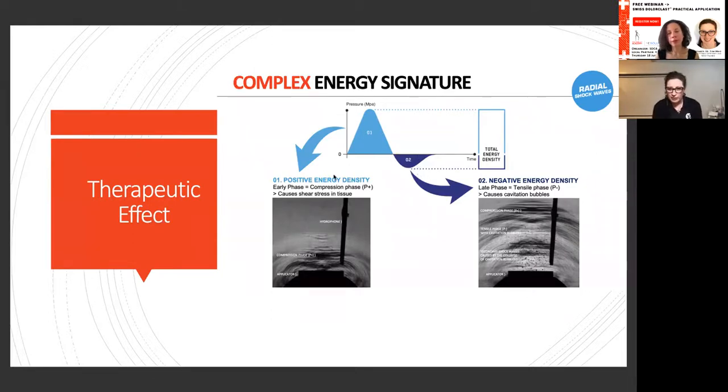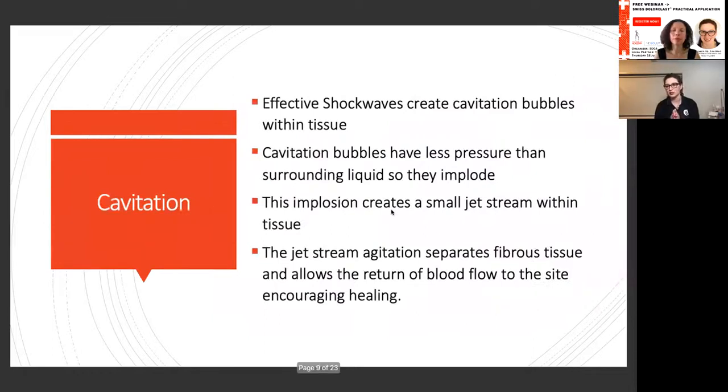So the cavitation bubbles have less pressure, and that creates a small jet stream within the tissue, which is really what changes it. And you can feel that if you're palpating tissue. You can actually feel the change in tissue once you've created cavitation. So everything gets a lot softer. If you've got big trigger points, the tissues feel quite different after you've done the shockwave, purely because of all that